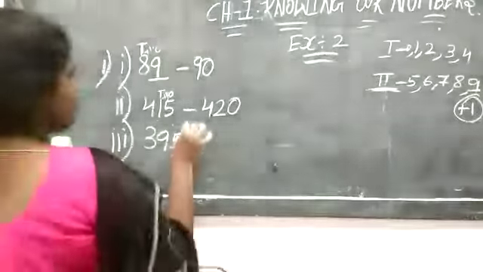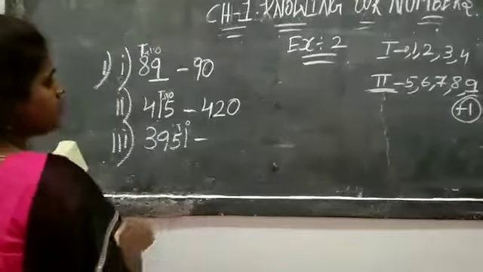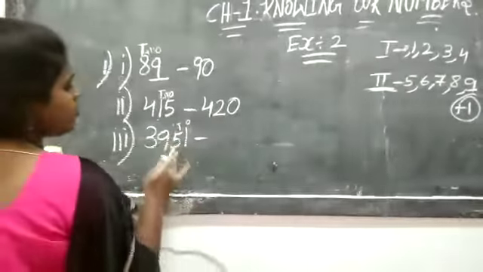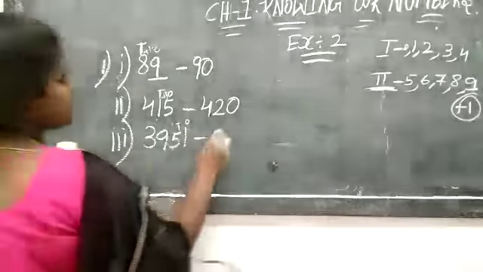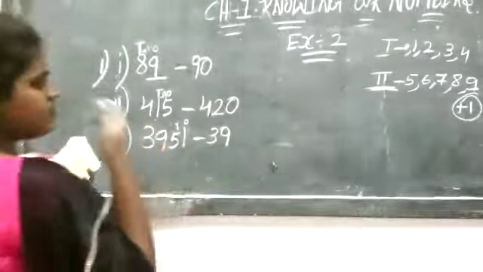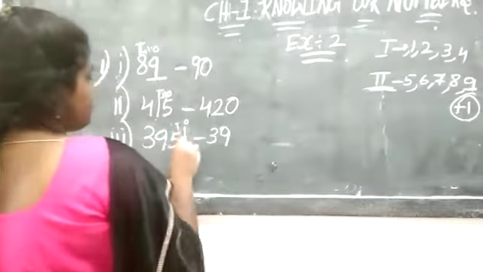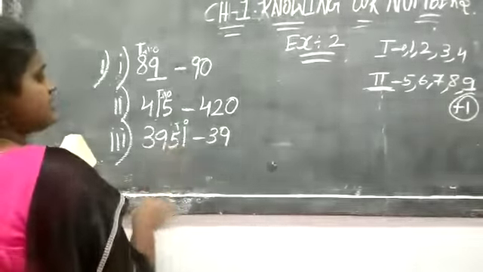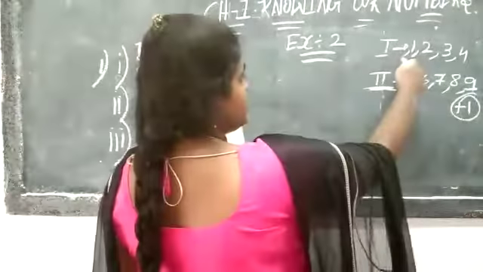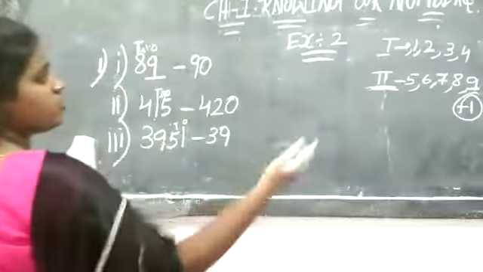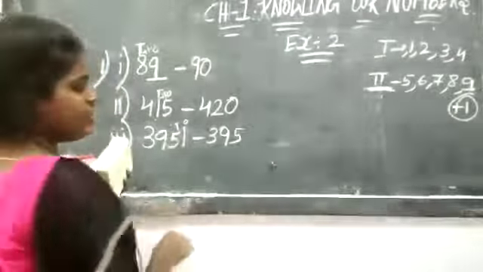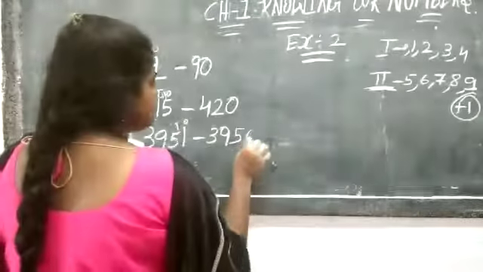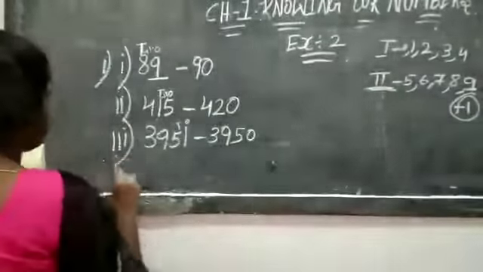Now next, third one: 3,151. You are doing nearest tens, so you do only the ones and tens. You write the hundreds and thousands like that only. Okay? Now 1 is in your ones place. So in which train is the first passenger? First train. First train means what will you write in the tens? 5 only. That same number you write, and ones will be 0.